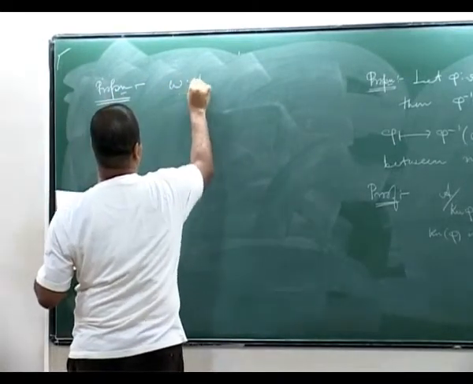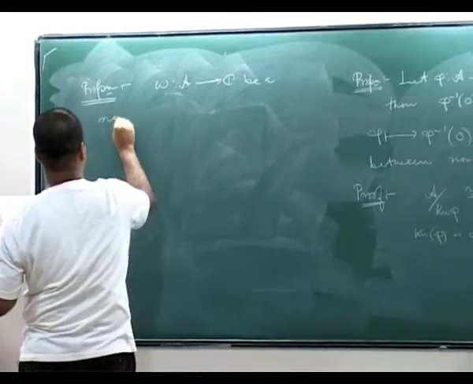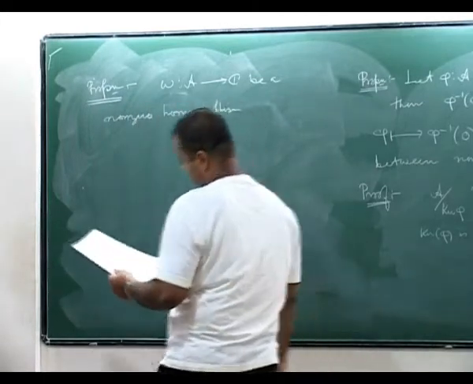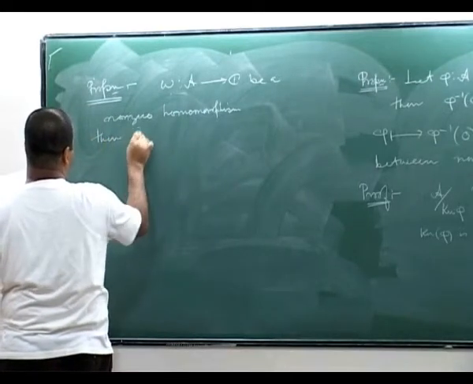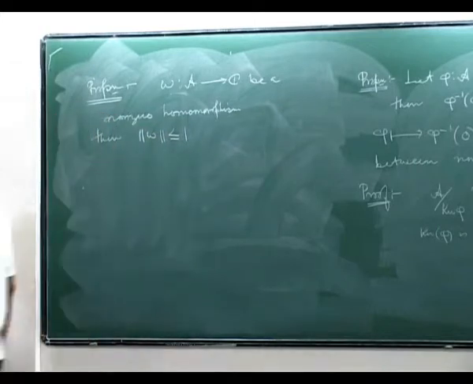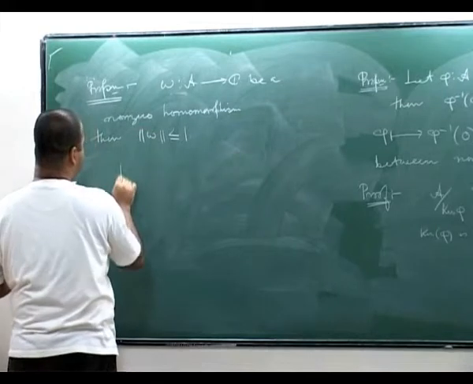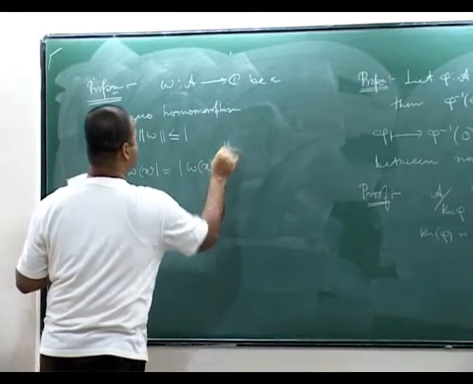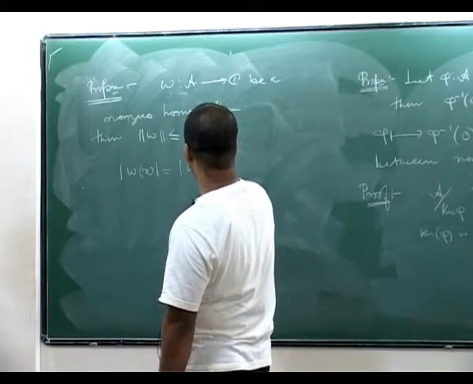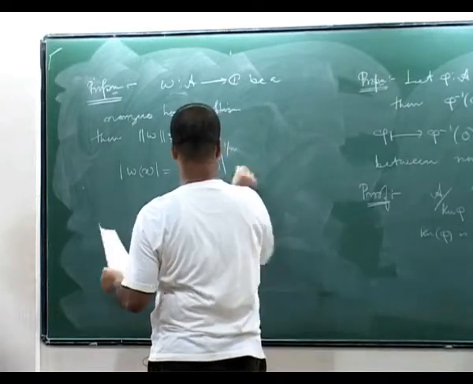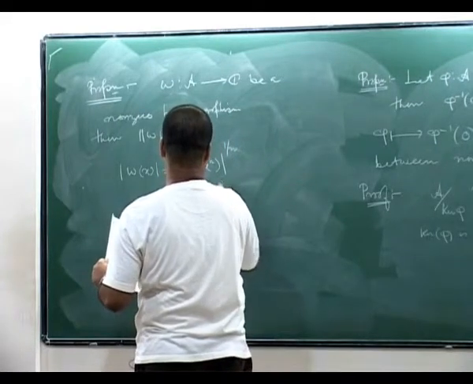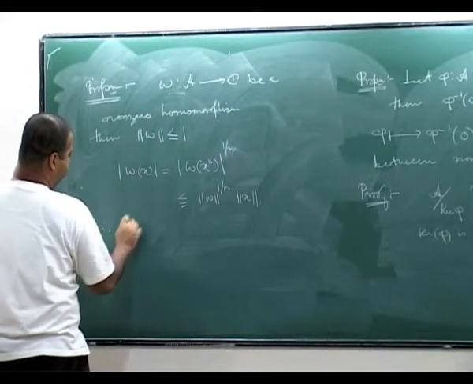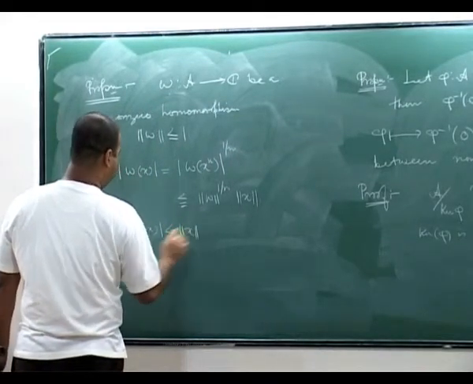So for a non-zero homomorphism, mod omega of x is, so this is omega of x, this is a homomorphism, so mod omega of x to the power n is at most norm x to the power n, that is, mod omega of x is at most norm x to the power 1 by n times norm x. So therefore, as n is arbitrary,